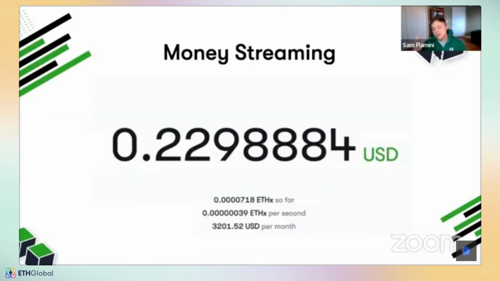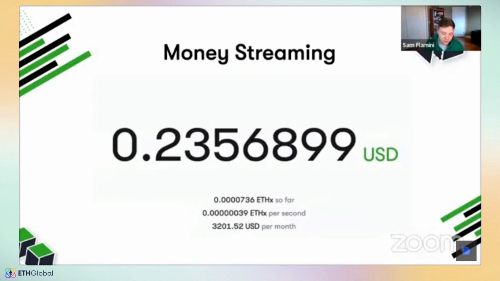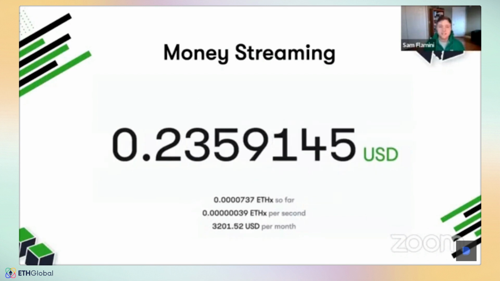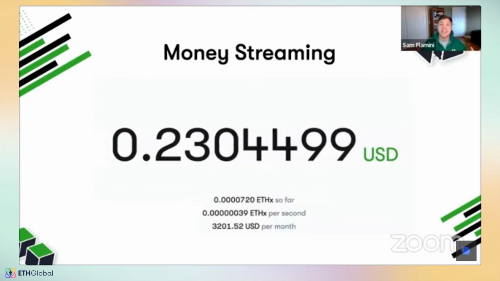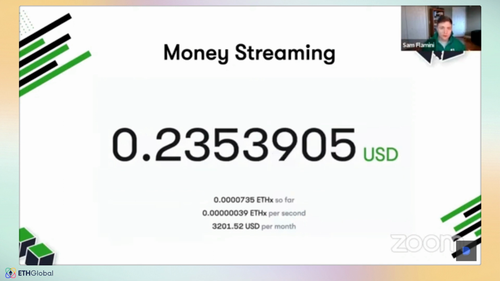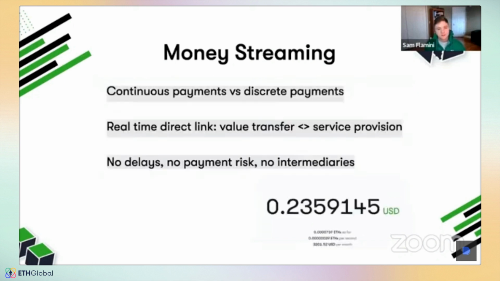So the first thing again is money streaming, right? So this allows me to take any kind of recurring payment, right? And instead of sending it to you once a month on the first of the month, I can take that amount, I can split it up amongst the number of seconds in the month or whatever period you want. These are actually technically open-ended, so you don't even have to define the period if you don't want to. But effectively what happens is it's like opening up a faucet where money is literally streamed second by second from one account to another.